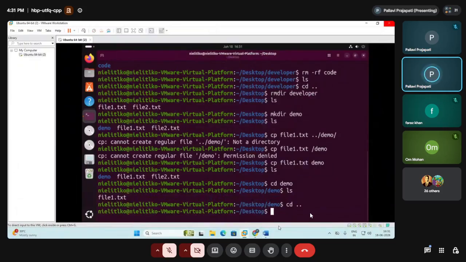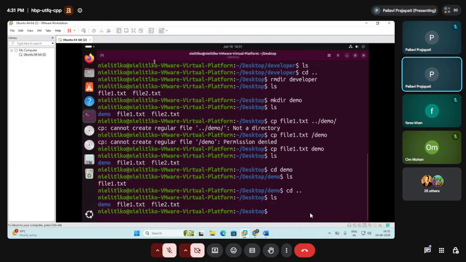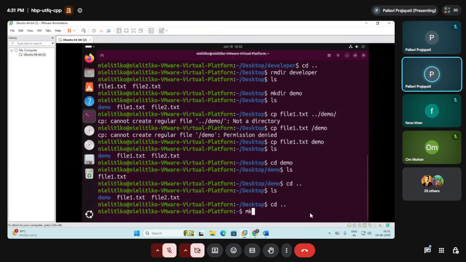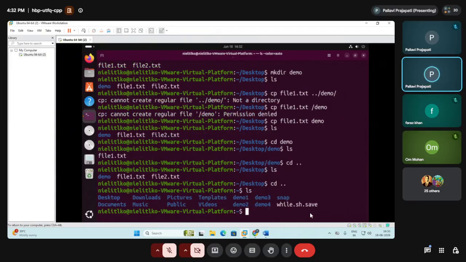So inside this desktop, let me create a folder here. cd .. and mkdir. I think here we have created some folders. Okay, demo one. So let me copy here. Okay, cp,